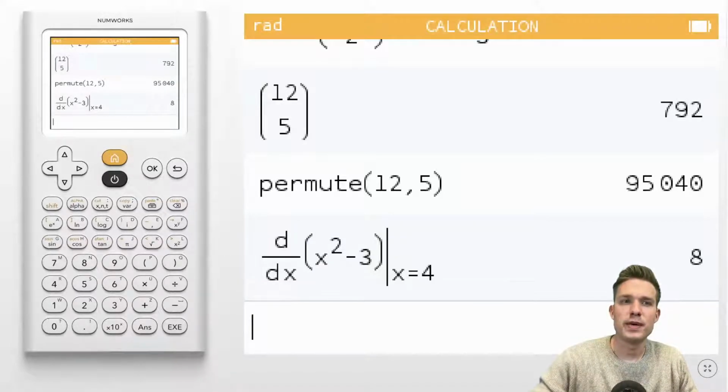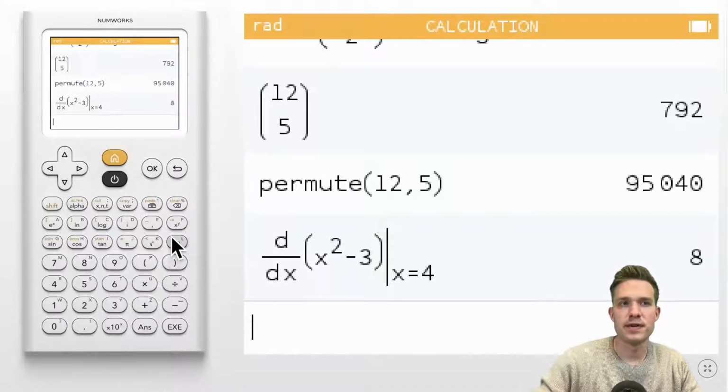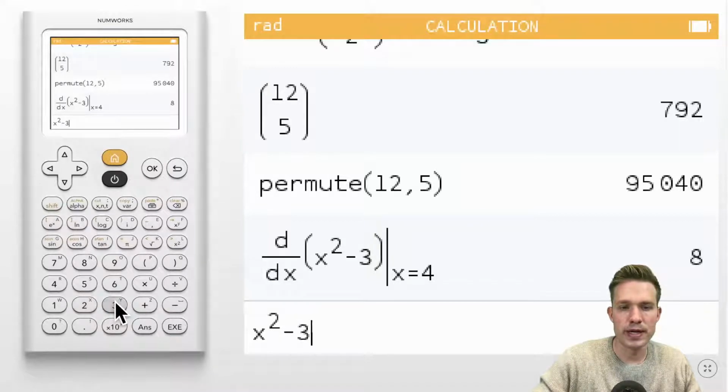We can also evaluate integrals. For this example, I'm going to continue to do that idea of storing things. So I'm going to take this function x squared minus 3, and this time I'm going to actually go ahead and store that into a function, because I want to demonstrate what we can do with stored functions. So x squared minus 3 is exactly the function I used a moment ago, but this time what I'd like to do